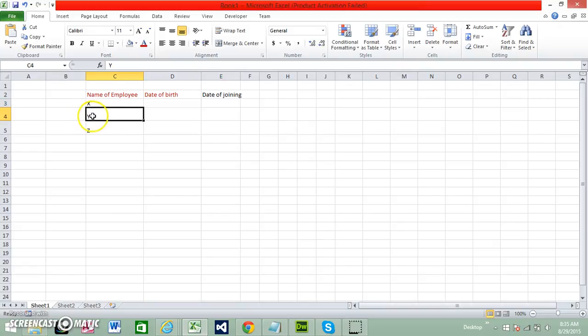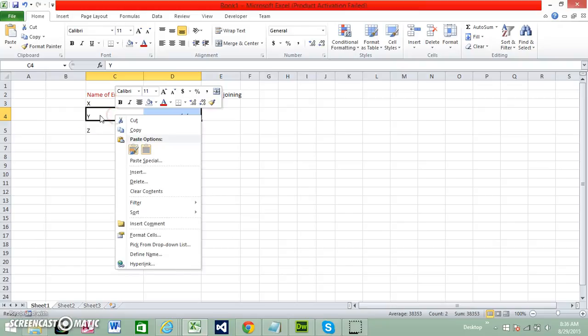Suppose we need the date of birth to be 1/1/2005. Okay, 1/2/2004. 1/2/1998. For example, if I wanted to add one more employee inserting in between, so I can select these